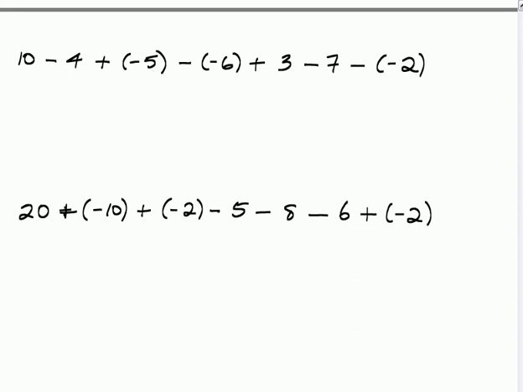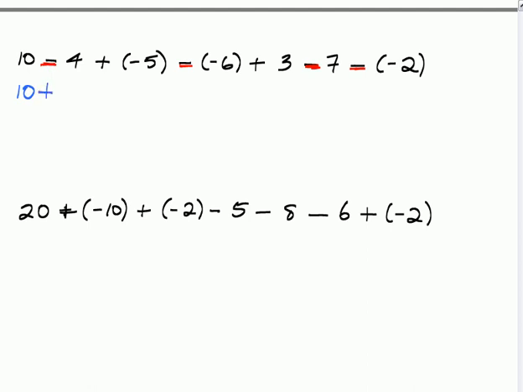So when I have these kind of problems, the first thing that I do is identify where we have subtraction. So I go along the problem, there's a subtraction sign, that will consider negative, there's another subtraction, there's a subtraction, and there's a subtraction. So identify those subtraction signs, and in the next step, we're going to keep that 10, and every time we have a subtraction sign, we're going to change it to addition, but then we have to change the sign of the number that follows,